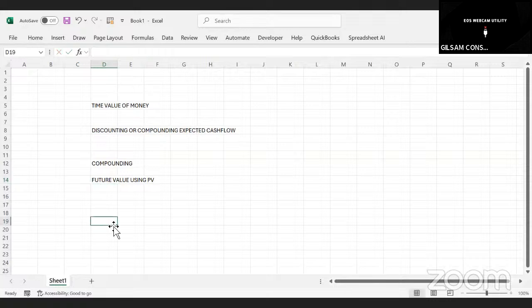So lazima ukuwa unajua the formula of calculating that, so that if the examiner gives you certain ratios or the cash flow, you should be able to get the future cash flow. Then the formula